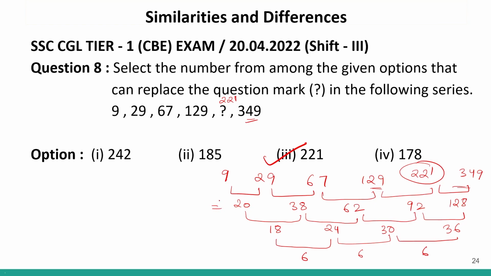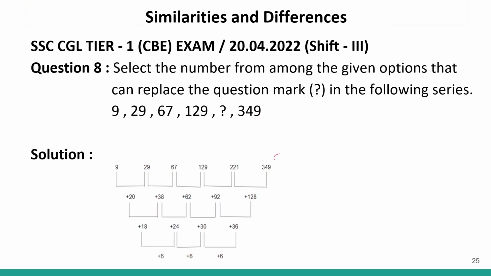So what we did again, we broke it down to the simplest form. And when we broke it down to the simplest form, I could see there was a repetition of 6. And based on that, we found the answer to this question. Okay? Now, here you can see the solution, breaking it down to the simplest form. Okay?